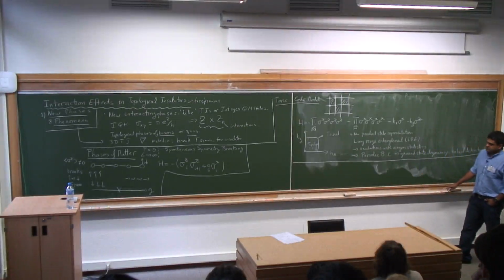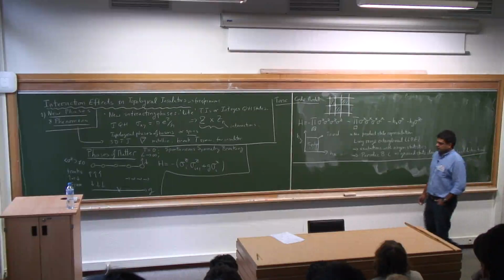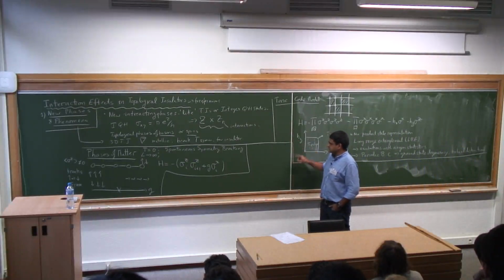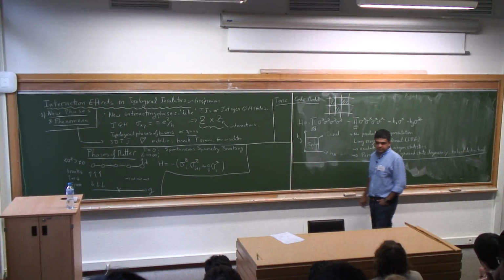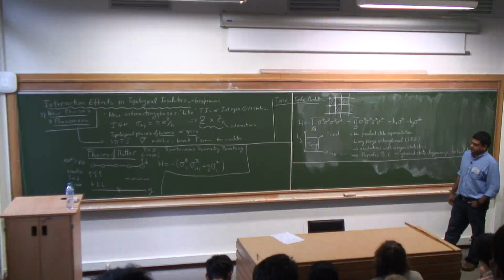So you can ask the question, is that the complete list? Are these the only 2 ways in which we can have distinctions between states of matter? The answer is no, of course, because it turns out that topological insulators do not fall in either of these categories. If you take a Z2 topological insulator,